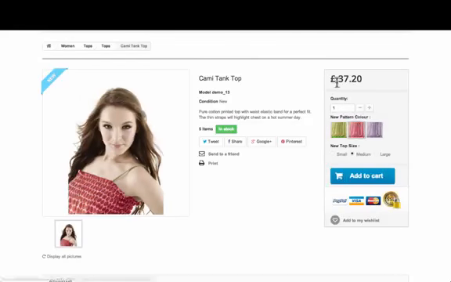£12, sorry. So here we go, you can see the price of the product change as we choose the different product combinations. So that way, as the customer chooses their option, they know exactly what price they'll be paying. So if we choose the purple large, add this one to the cart,